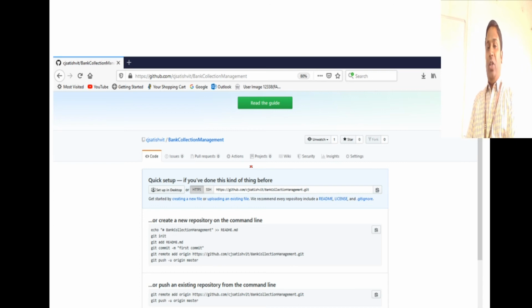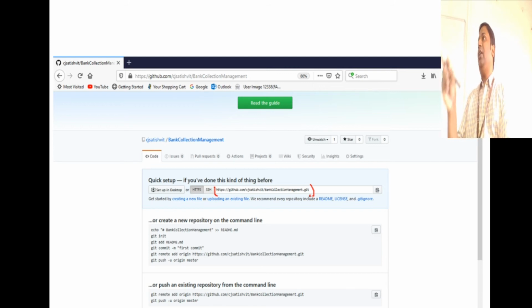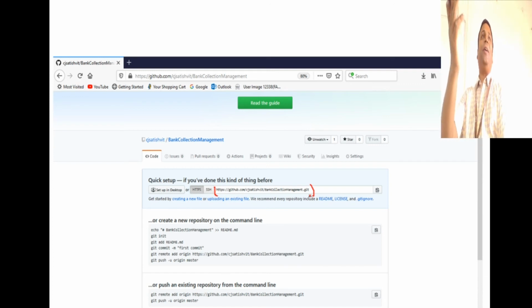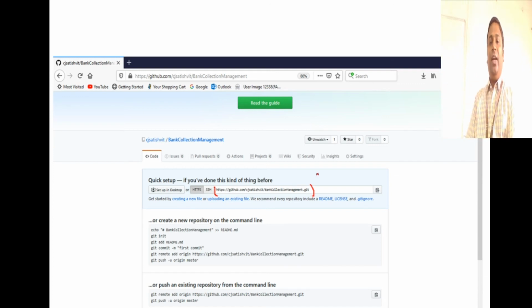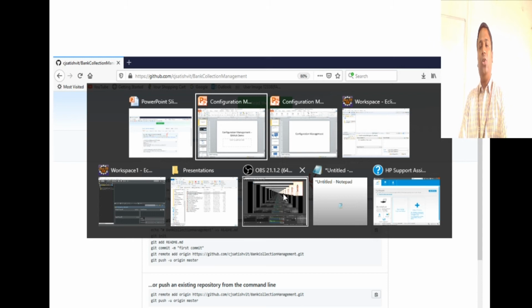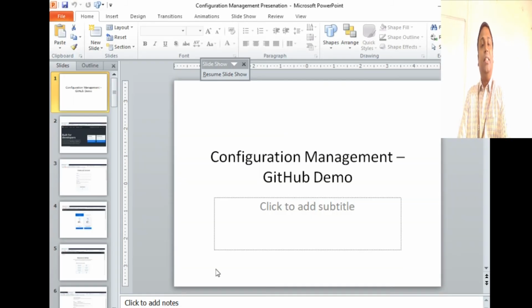So once this repository gets created, I'll have this URL. I am going to be the owner of the repository. I am going to create the repository and share the URL with you. You're going to use this URL in your Eclipse to submit code to your repositories. This URL will be used by all the teams. 6 different URLs will be given to 6 different teams, and they are going to submit code to this repository. And let me go and create a repository and show you how it works in GitHub.